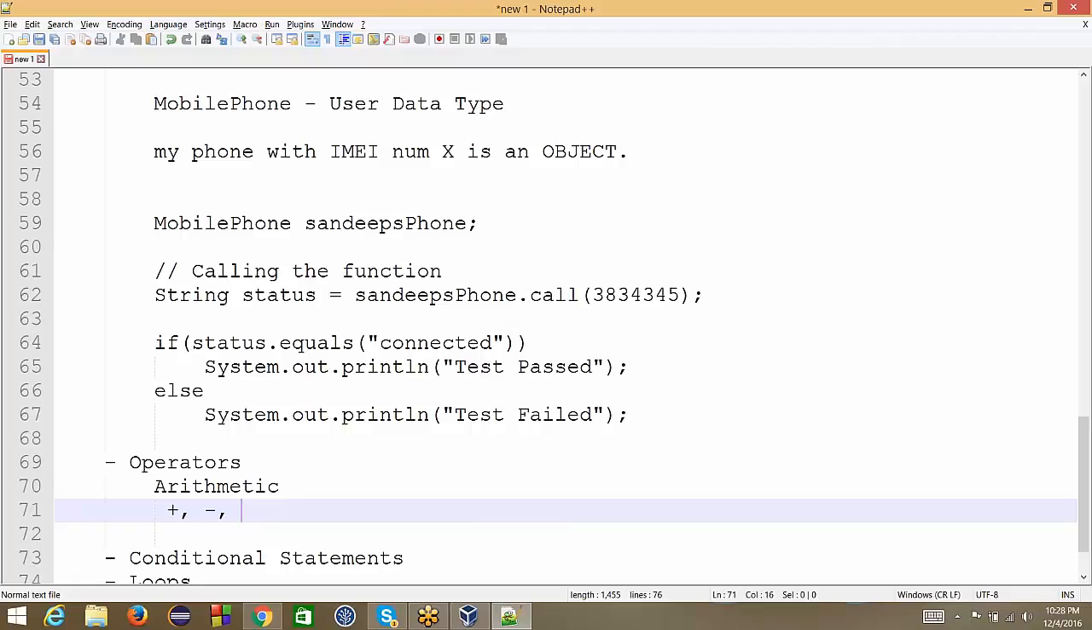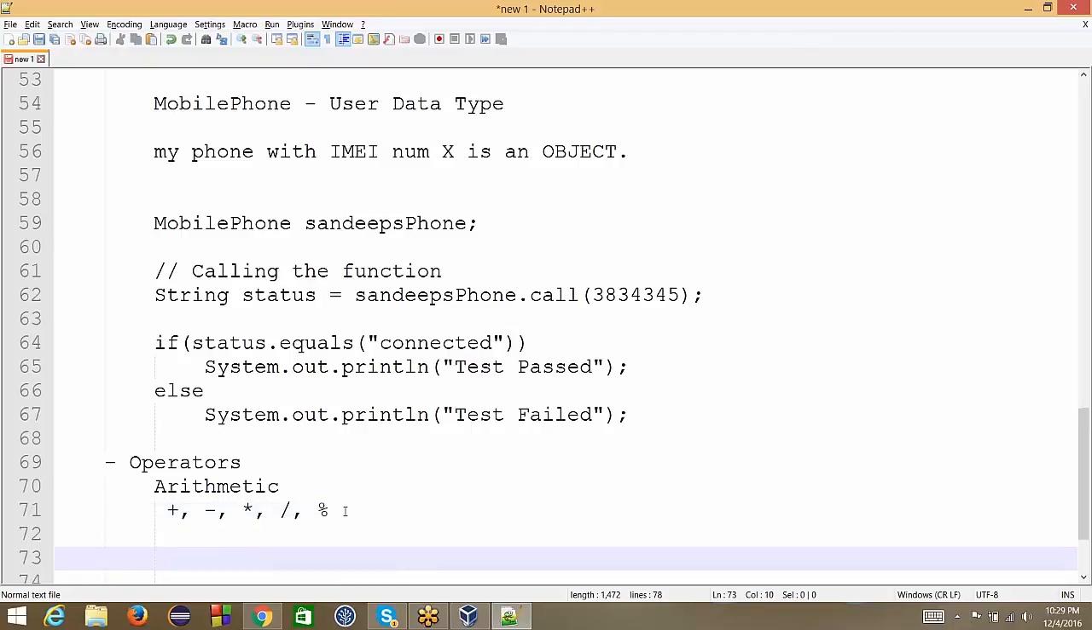Multiplication, division. Yeah. Multiplication in computers is represented by a star. Division is represented by this slash, and percentage. We have to clearly understand the distinction between this as well as this. So this is called the modulus operator, the remainder operator. This is called the division operator. So if I say